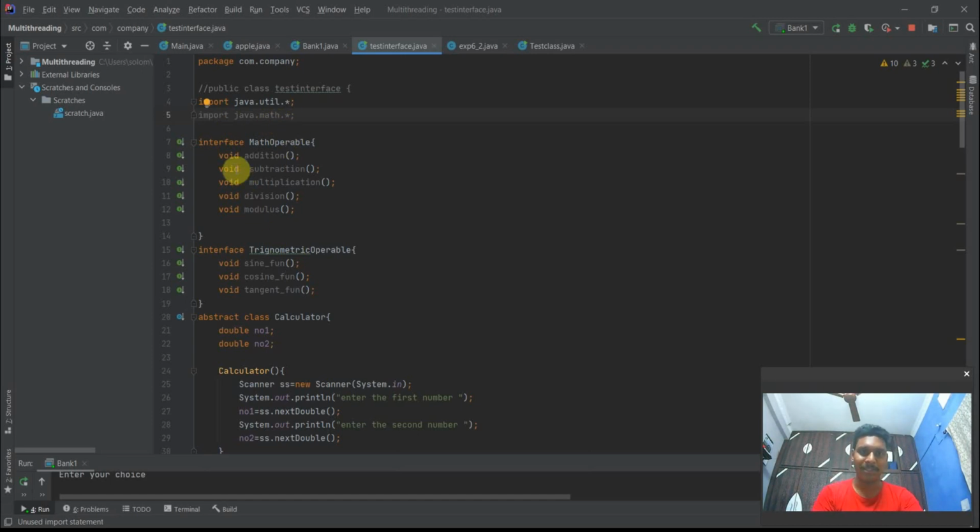So this program is also based on interface. So interface mathematical operator, for mathematical operator we use void addition, subtraction, multiplication, division, and modulus. I'm not going to explain every line, but I'm going to explain what the main function is and how this code is going to execute. So I hope you will understand. And trigonometrical